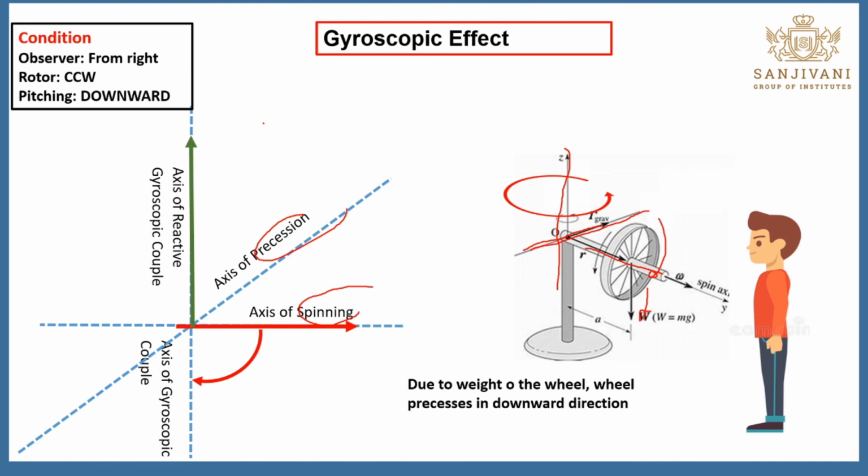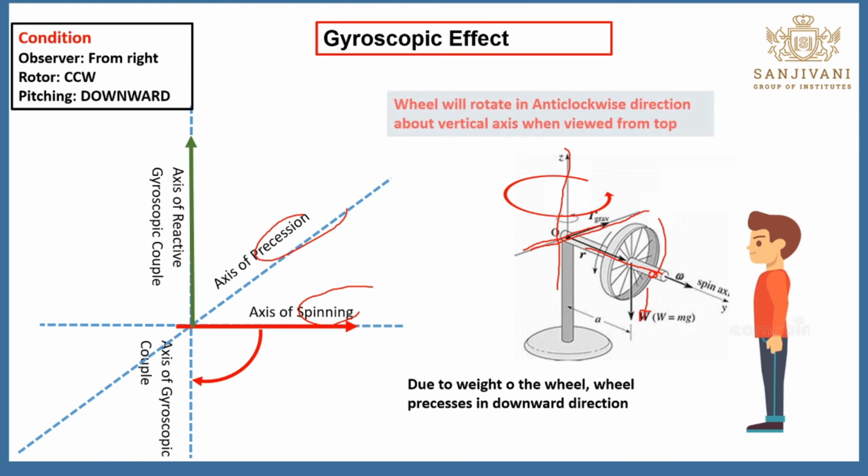In the previous example also, in that video, you have seen that though that wheel is attached to that string or rope, still it rotates about the vertical axis. Whether it rotates in the clockwise or anti-clockwise direction depends on the direction of rotation of that mass. If that mass rotates in the opposite direction, this direction will also change. Now in this case, it rotates in the anti-clockwise direction. If we change the rotation of this, it will rotate in the clockwise direction. In this way, we need to find out the direction of rotation.